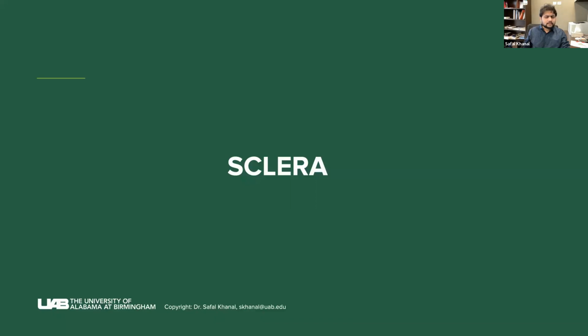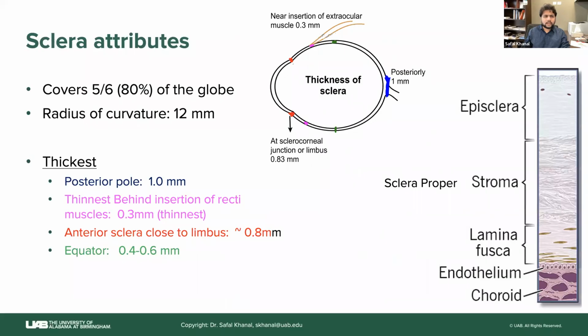Next, let's look at the sclera, some of the attributes of the sclera. It covers most of the globe, 80% of the globe, 20% is from the cornea, of course, and the radius of curvature is around 12 millimeters for the sclera. When you look at the thickness of the sclera, it is thickest at the posterior pole, around 1 millimeter, and is thinnest behind the insertion of the rectus muscle, around 0.3 millimeters. At the equator, it is around 0.4 to 0.6 millimeters, and close to the limbus, it is around 0.8